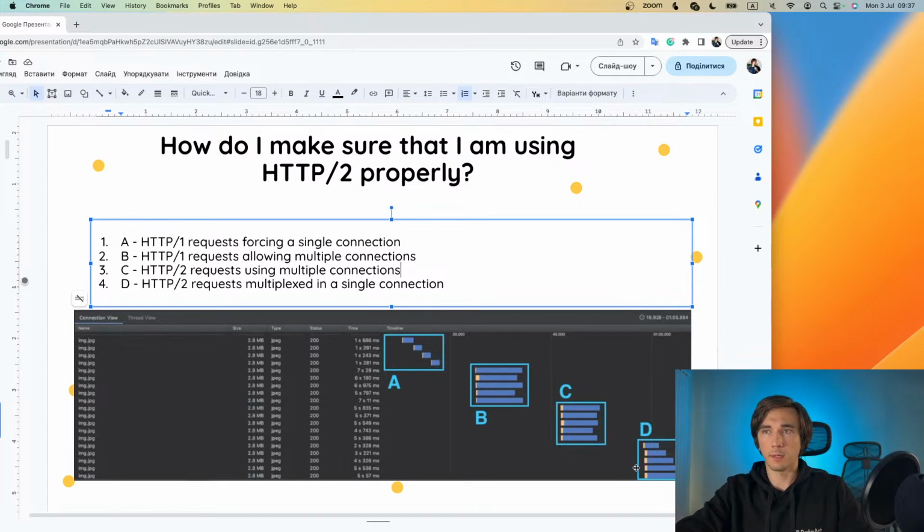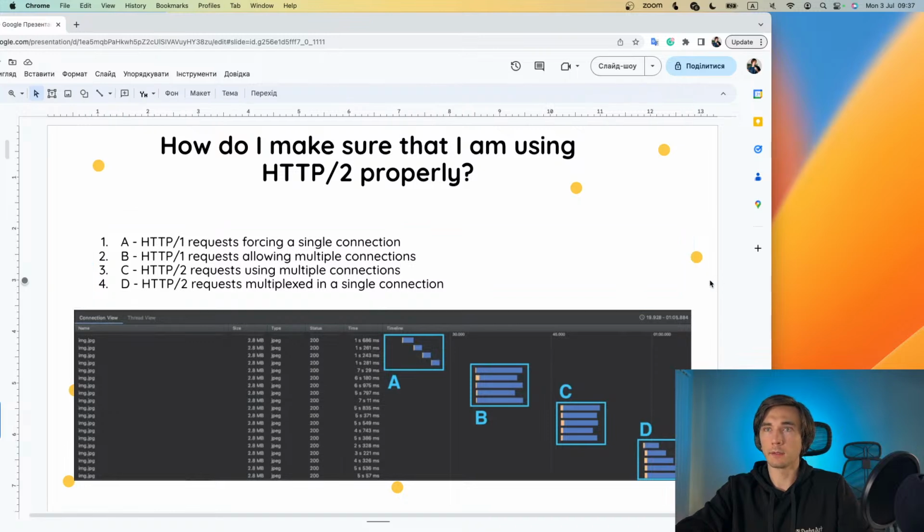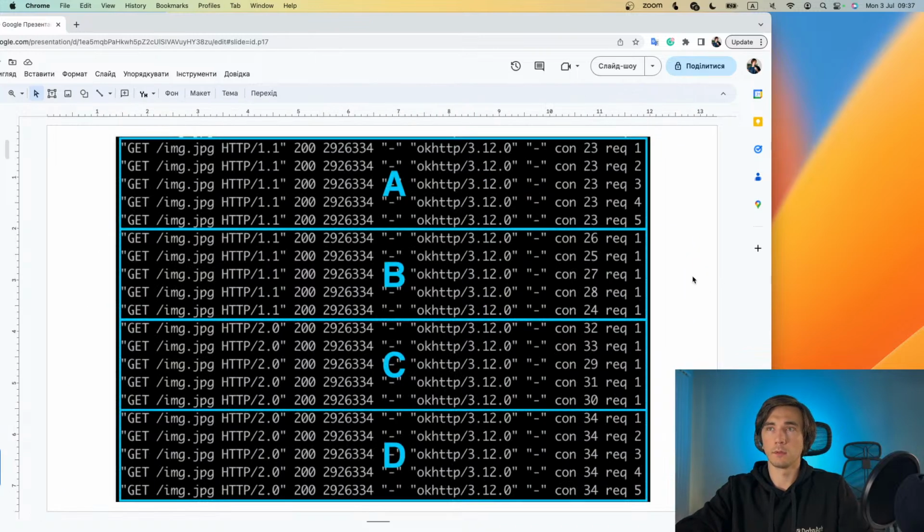And from the user perspective, they look pretty similar. So we need to know more about how we can identify whether we're using a single connection or different connections, because it looks pretty similar. And that's how it looks in the log. So case A,